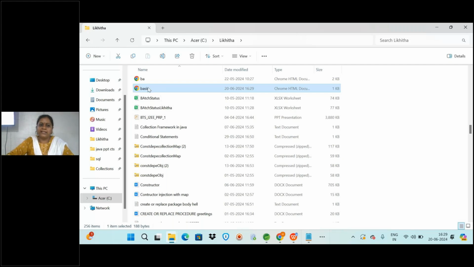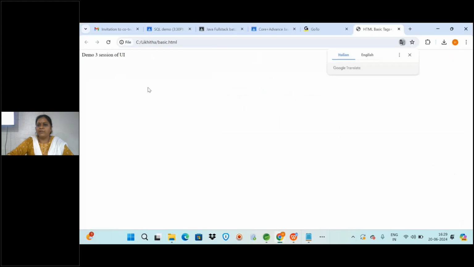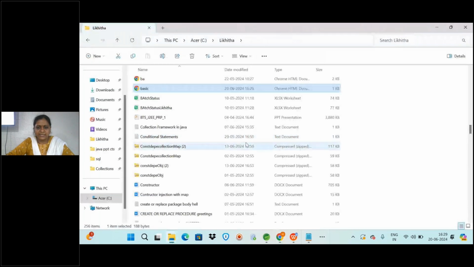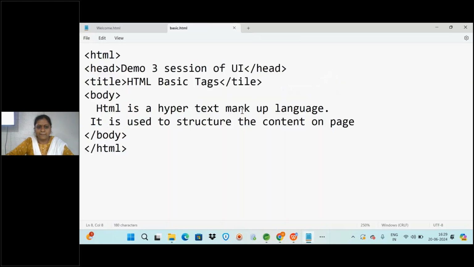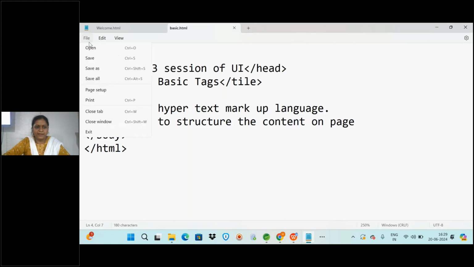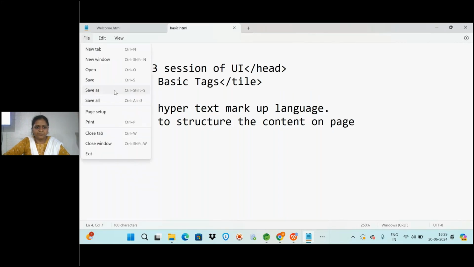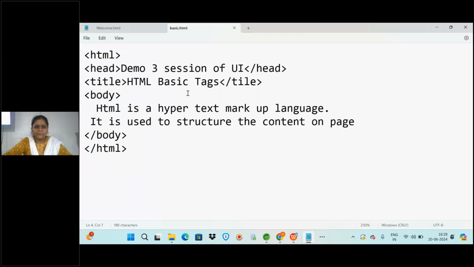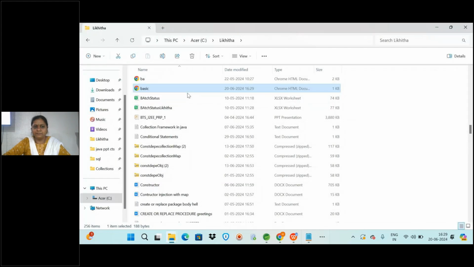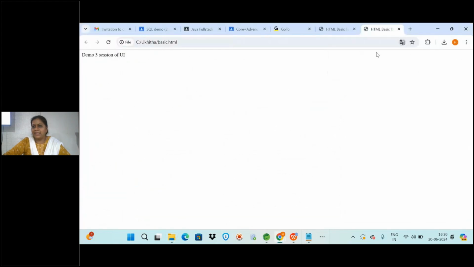Now I will double click this. Now it will be opening in the browser. Okay, see, some body tag text is missing. Let us check here. Maybe I have opened some other page. Does the title display HTML basic tag?